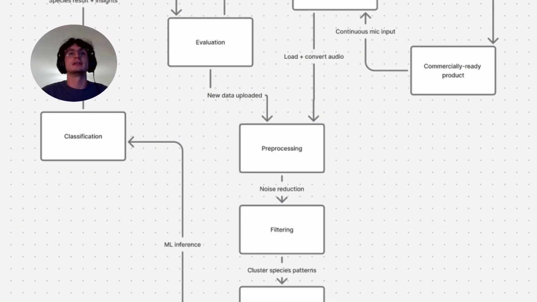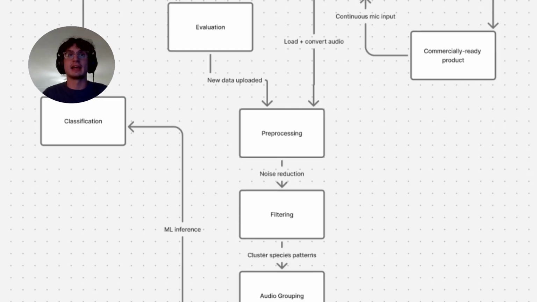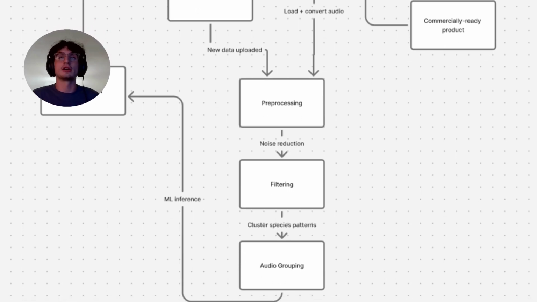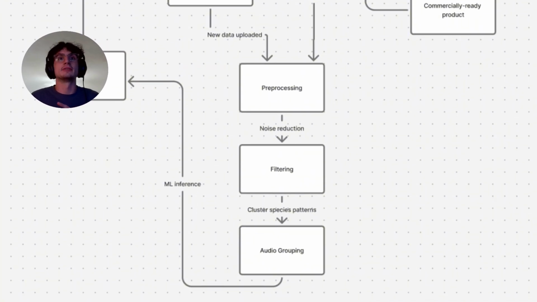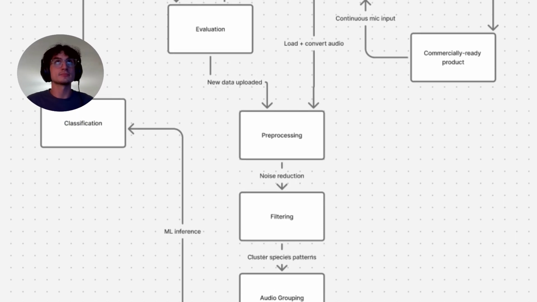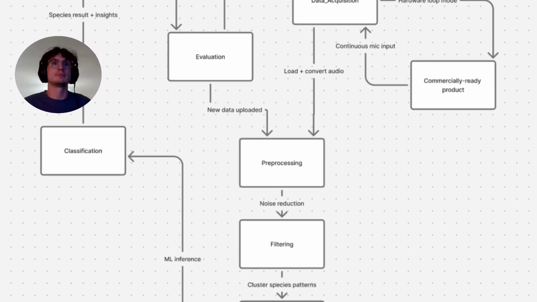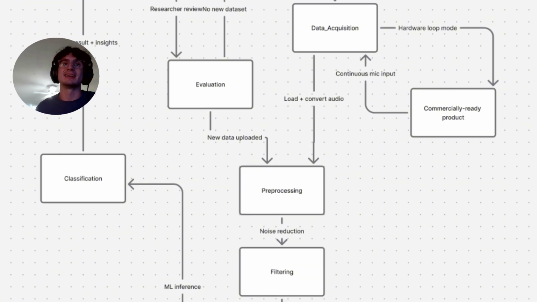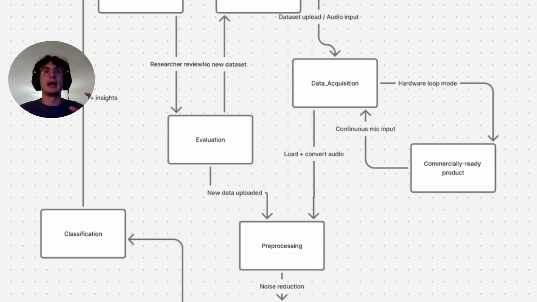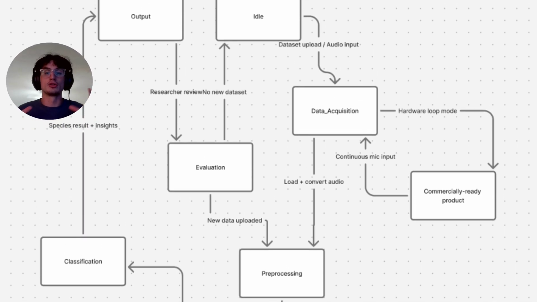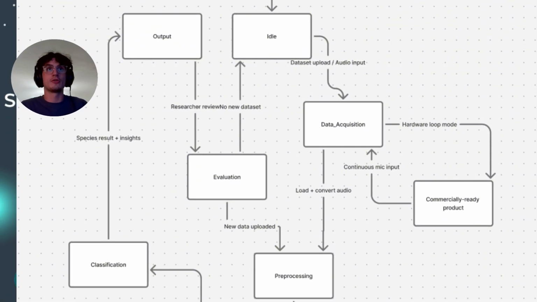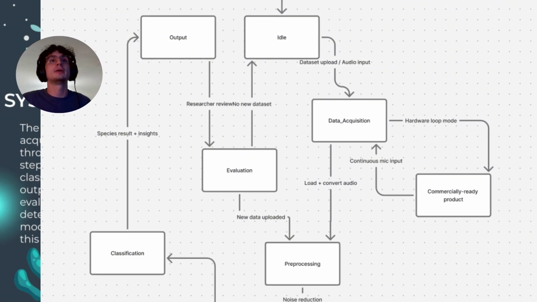So this would be simple pre-processing and filtering, which would be taking the actual audio and turning it into a spectrogram and filtering out certain parts depending on what is detected in the pre-processing step. Then it would be the audio grouping and classification, where the machine learning is used to actually take a look at the spectrogram and try to detect and classify which type of whale is there. And then this would all be output,